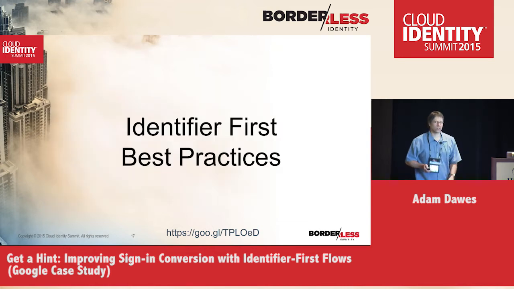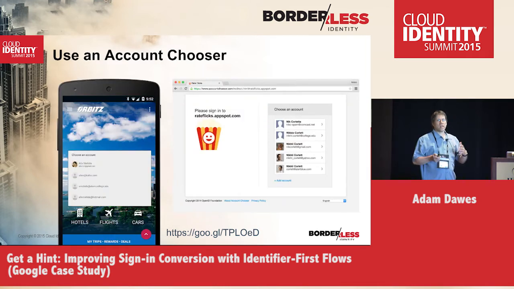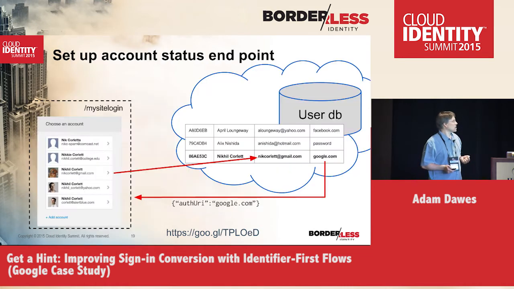All right, so those are the benefits that we have experienced in moving towards identifier first and the direction that we're going in to improve user experience and improve security. If you want to start moving in the direction of identifier first, here are some best practices. So the first is using an account chooser. On the web, there is AccountChooser.com, and as Eric also mentioned in the keynote, there is Smart Lock for Passwords, which we just recently announced a couple of weeks ago on the Android platform.